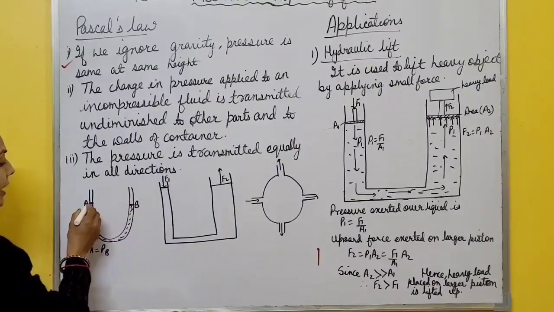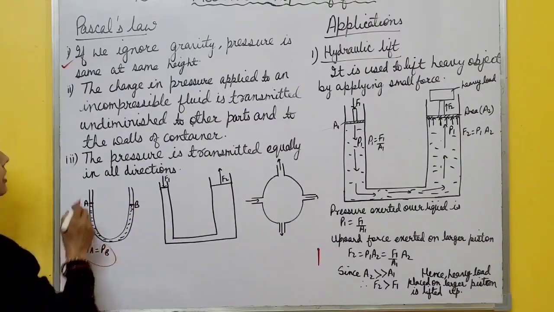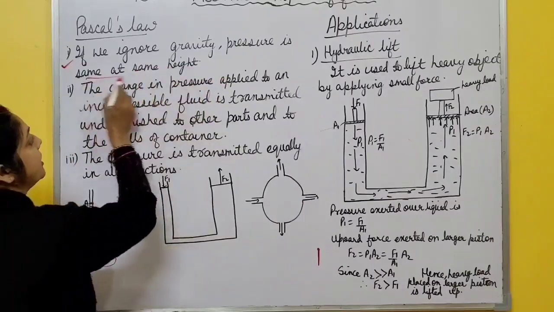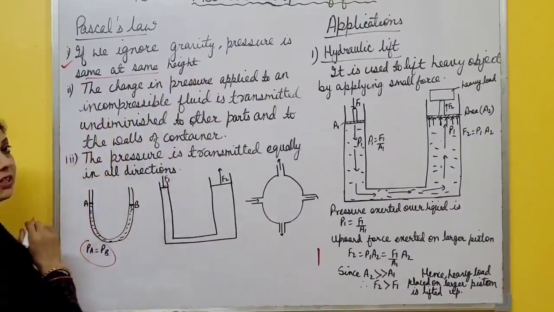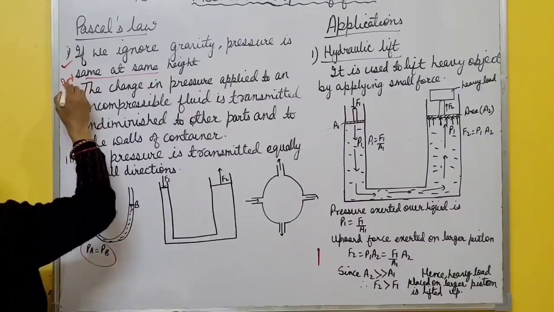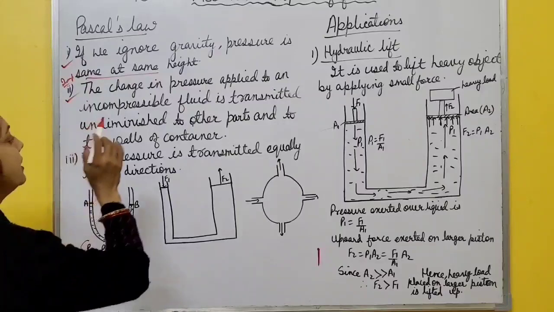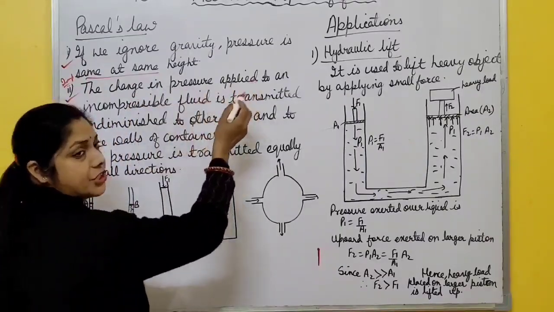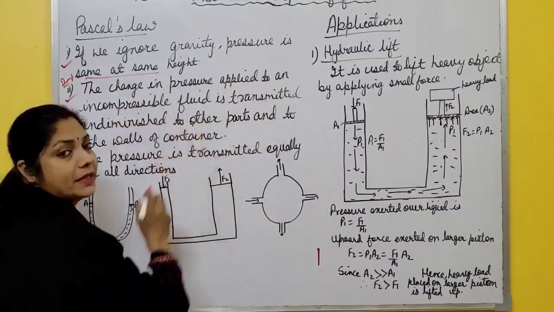It means at equal height pressure is the same. If we ignore gravity, pressure is the same at the same height. This is the first point. Now this second point is very important and can be used in many applications. What is this? The change in pressure applied to an incompressible fluid